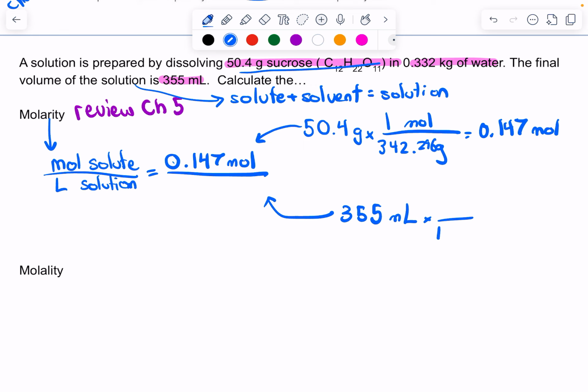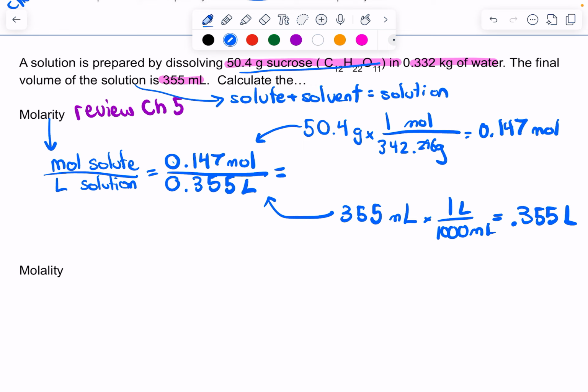The reason is because there's 1,000 milliliters per 1 liter. So that ends up 0.355 liters. Okay. If it was like 20 milliliters, it would be 0.02 liters. So 0.355 liters. Okay. So I solved the top, I solved the bottom, and now I'm going to divide top